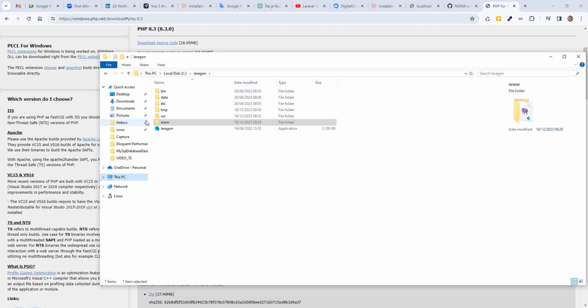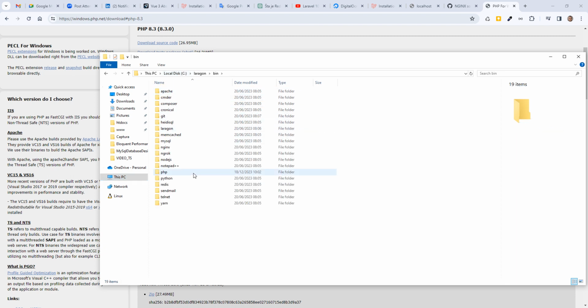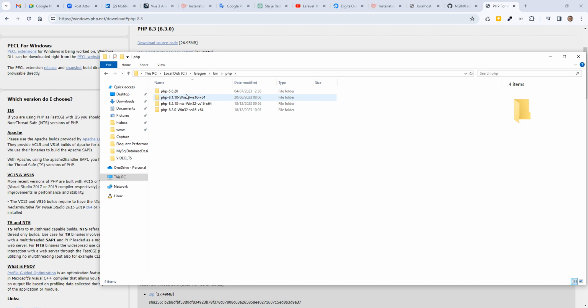In my case it's Windows C drive /laragon. Then you should go to bin, choose PHP. Here are all the PHP versions, where you paste them here. Paste another version. This was the situation until version 8.3, but from now you should go to